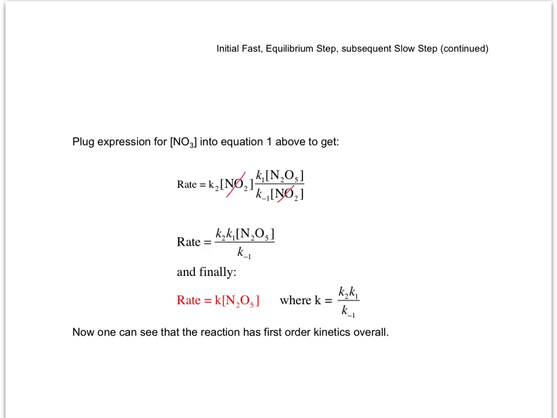The next step is to take these rate constants and combine them and say that that's equal to k. And then when we write the overall rate law, we say rate is equal to k times [N2O5], where k now is the rate constant for the overall reaction here. All right, so this is the answer,